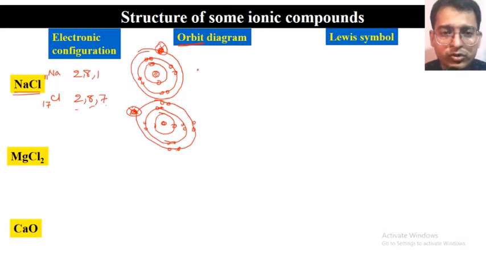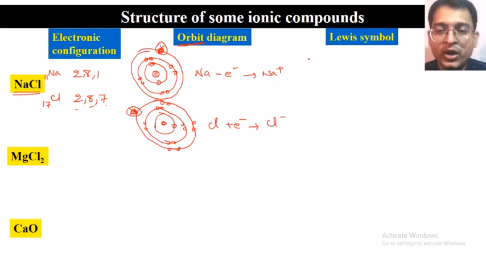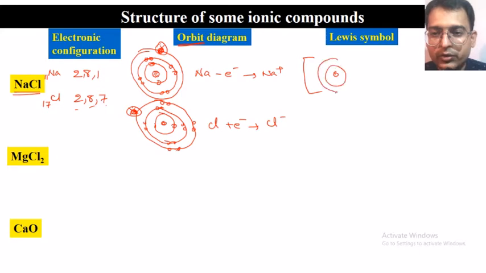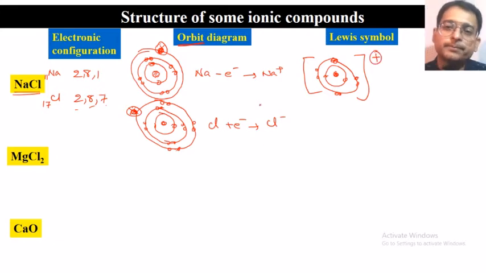So what is going to happen? Sodium is going to lose an electron to form Na plus. Chlorine is going to gain an electron to form Cl minus. Then what is the structure going to look like? Again, in the orbit structure you will have only 2. This is the nucleus, 2 electrons here, and a stable outermost shell having 8 electrons. Because it has lost the outermost electron, it has gained what charge? Positive charge. You show that outside.